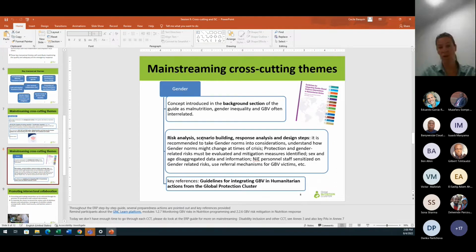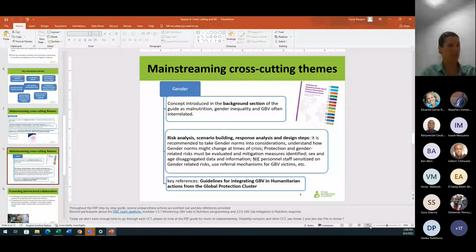And you'll find a lot of those suggestions for many steps of the ERP approach: risk analysis, scenario building, response analysis, and design. It is, and I said it many times already, how it is recommended to make sure we have sex and age disaggregated data and information, how we recommend to take gender norms